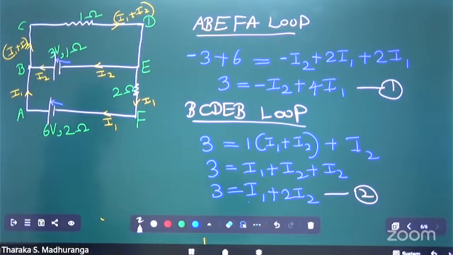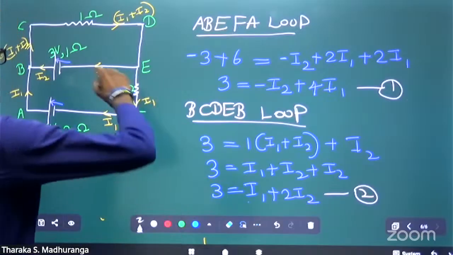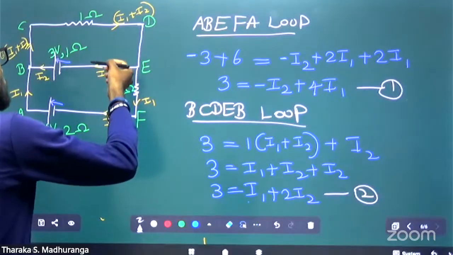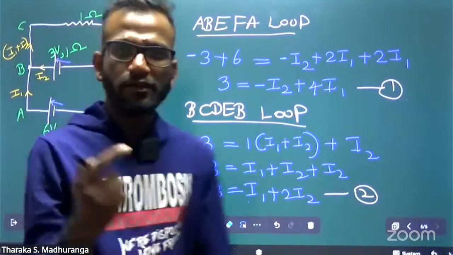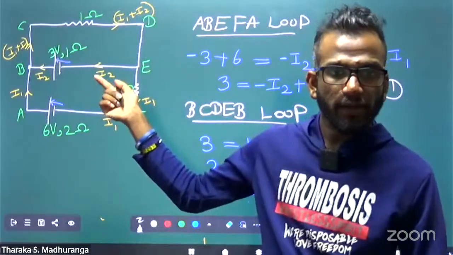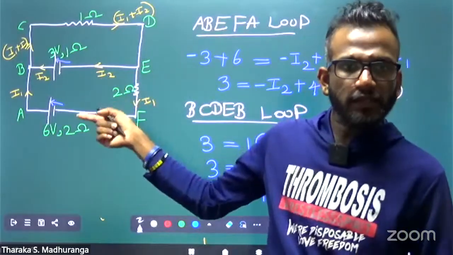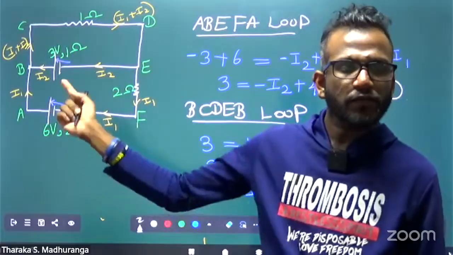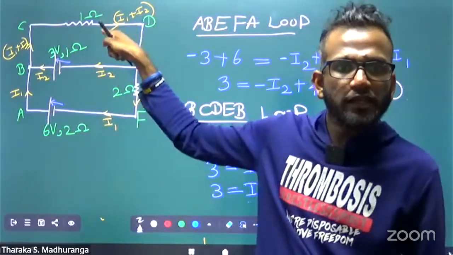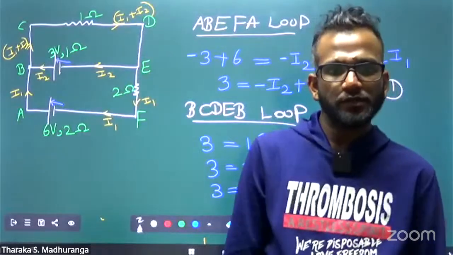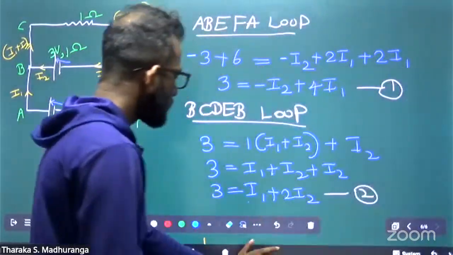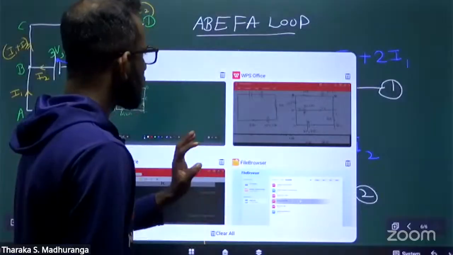You're asking how I got this one? How they came in I1 plus I2: from this battery, they think the current flowing I2 from the 3-volt battery, and from the 6-volt battery the current flowing is I1. Then in the above part, they think I1 plus I2. It is correct. Do you remember, in the top of the lesson, I told you